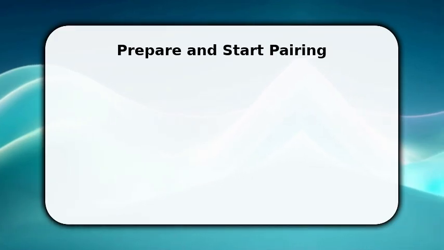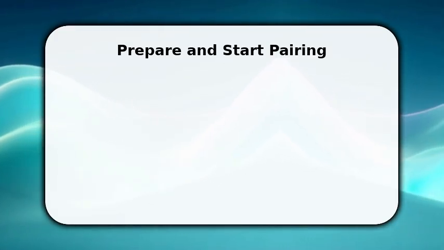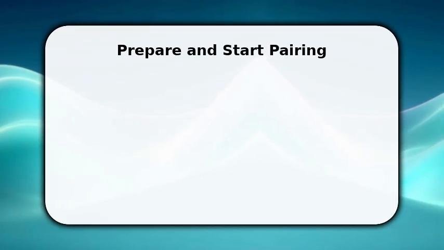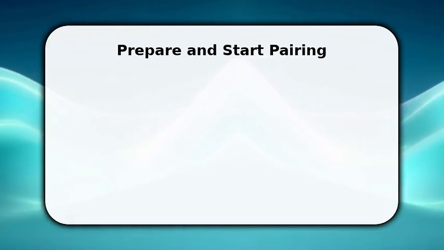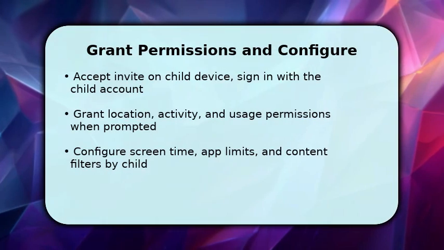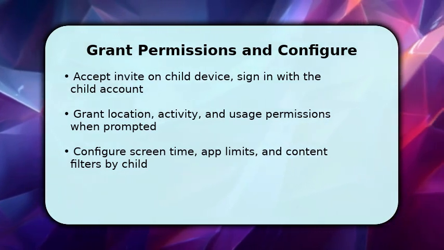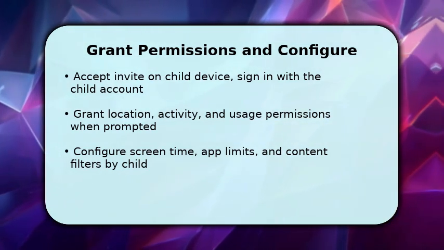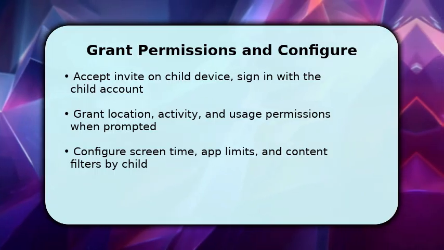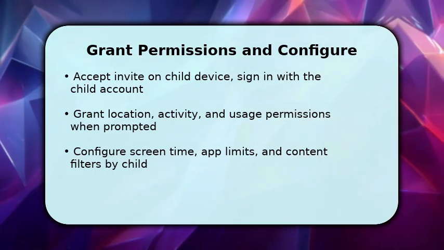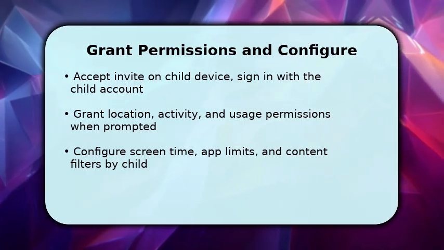Make sure the device is connected to a reliable Wi-Fi network and fully updated so pairing completes without OS conflicts or permission errors. You accept the family invite on the target device and sign in using the child's credentials. This links accounts. Next, grant the requested permissions, location, activity reporting, and usage access, because without them, monitoring and enforcement